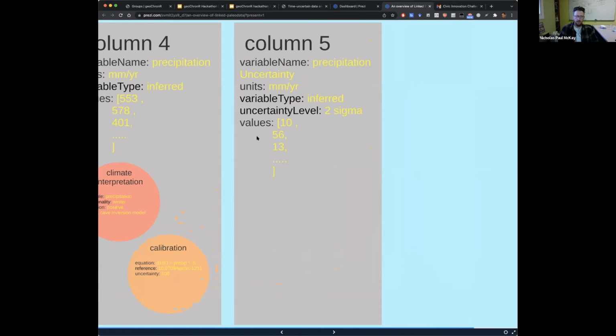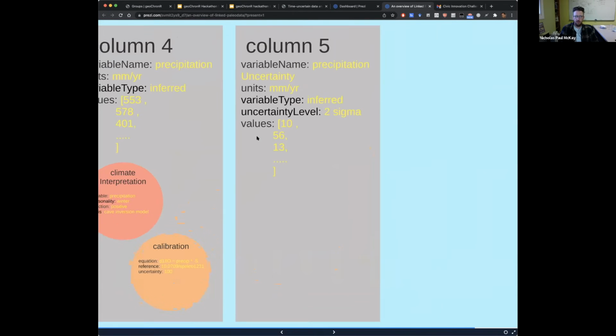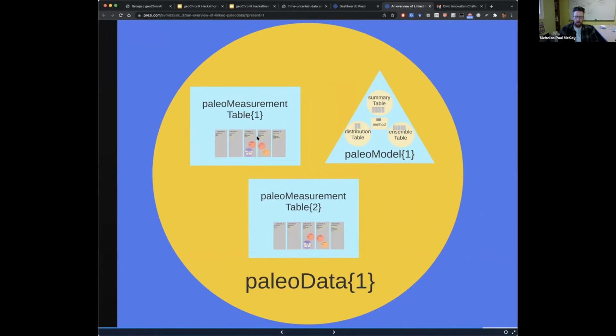Okay, and then things like uncertainty and notes and lots of other stuff that we saw in the other table too. Okay, so that's the whirlwind tour through the structure of